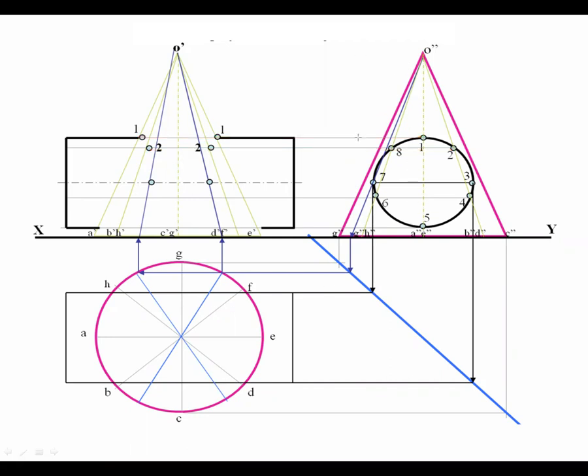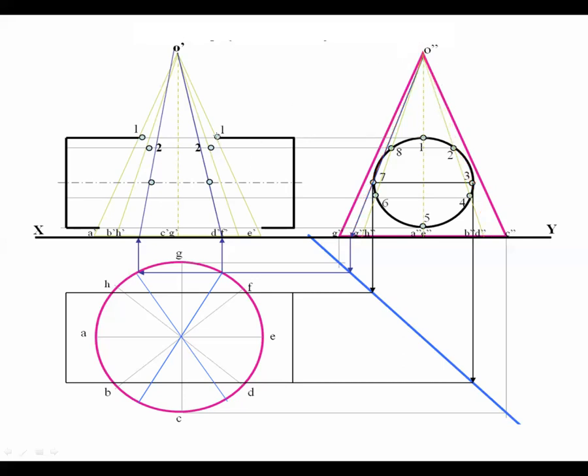Here one small change you will find, and the changes are point number 7 and point number 8. All these points are not on the generator, so extra generator can be drawn for point number 7 and point number 3. Is it?